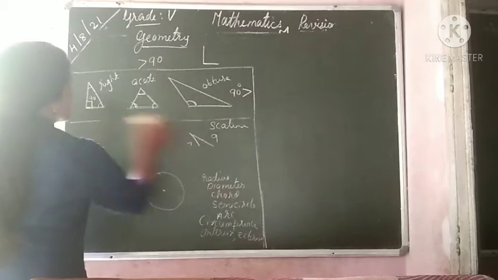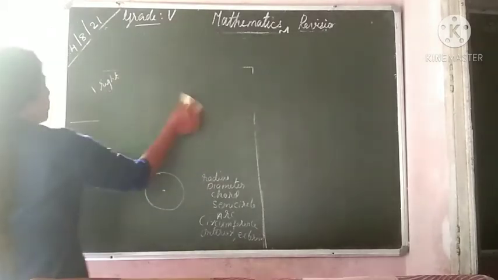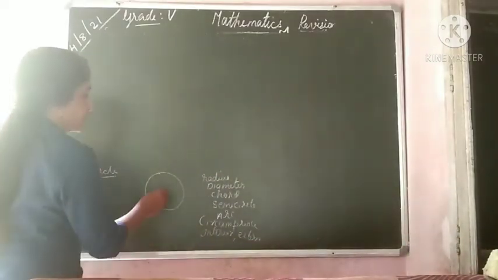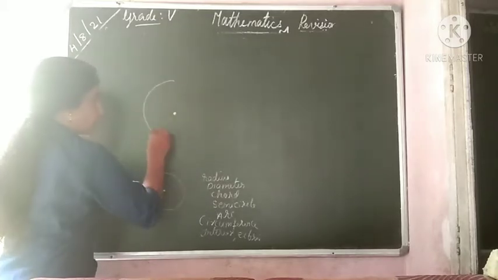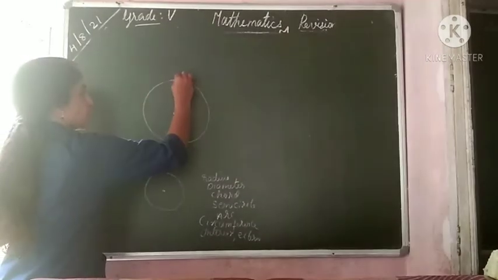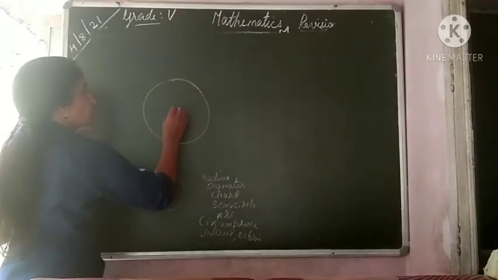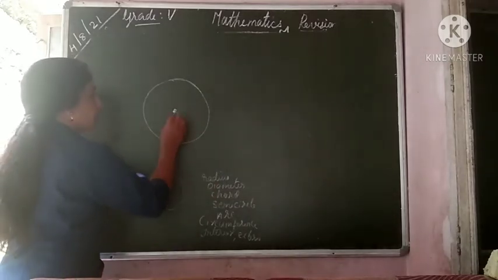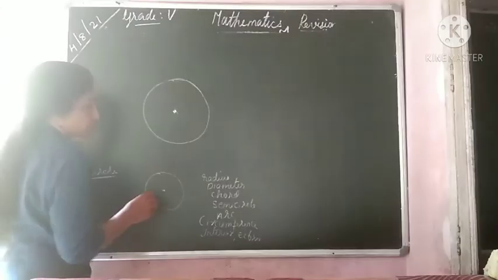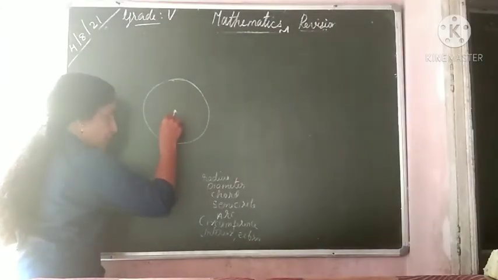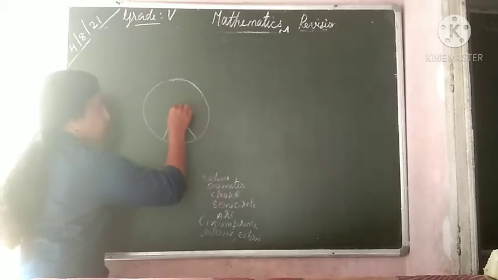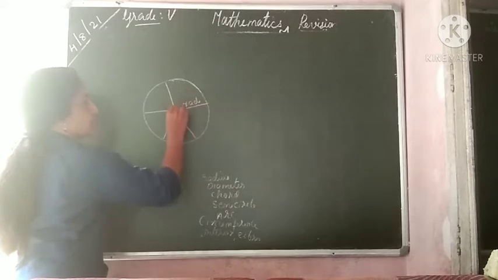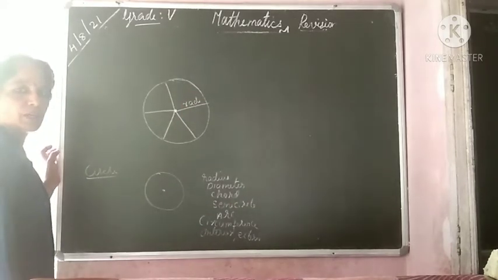Now we can study about circle. What is a circle? A circle is the combination of all the points which are equidistant from a fixed point. Then all the points we are combining together, equal distance from a fixed point, is called a circle. And this fixed point is called the center. From the center to the circle we can draw many lines. All these are equal in length. This is called the radius. The distance from the center to any point on the circle is called the radius.